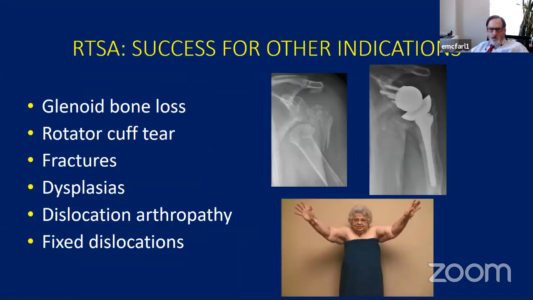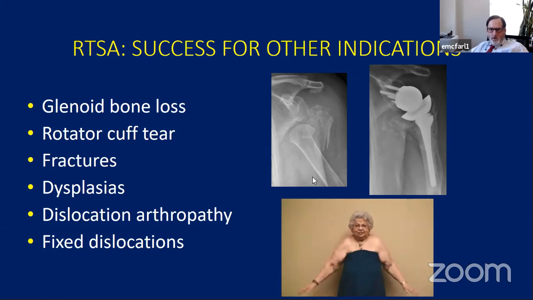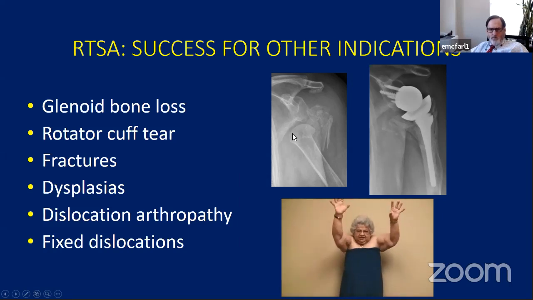So there are other indications for reverse. One is, as we mentioned, these fractures. Reverses compared to hemiarthroplasty, all the systematic reviews show that the amount of motion they get is about the same. But the real advantage of a reverse is that patients don't have pain when they move their arm, whereas in hemis, they tend to hurt a lot. So it can be done in patients who have rotator cuff tears, cuff tear arthropathy. Obviously, people have little glenoid bone loss. You can probably get a reverse in a glenoid with bone loss that would not take glenoid components.